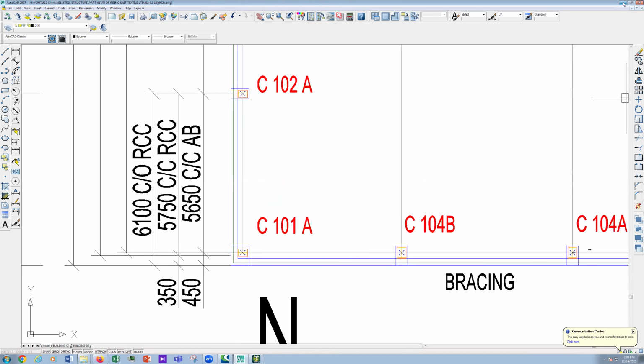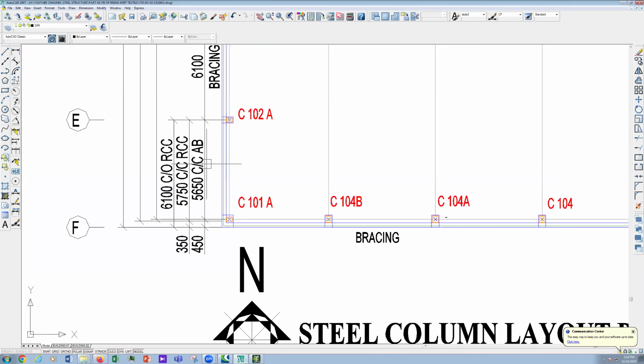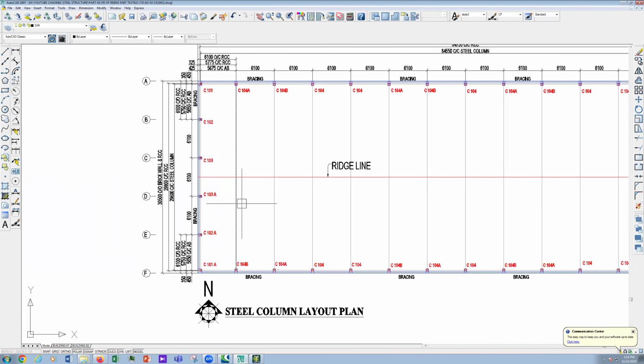So to draw the first point, what we have to do, we have to just put 0 and 0 at x and z. Okay, so we are going to put our value in the xz plane. Okay, so this is our first point. Here you can see this is our first point. Okay, you can select it by clicking the node cursor and clicking here. Okay, then we have to go to the drawing again, and let's check the next grid is